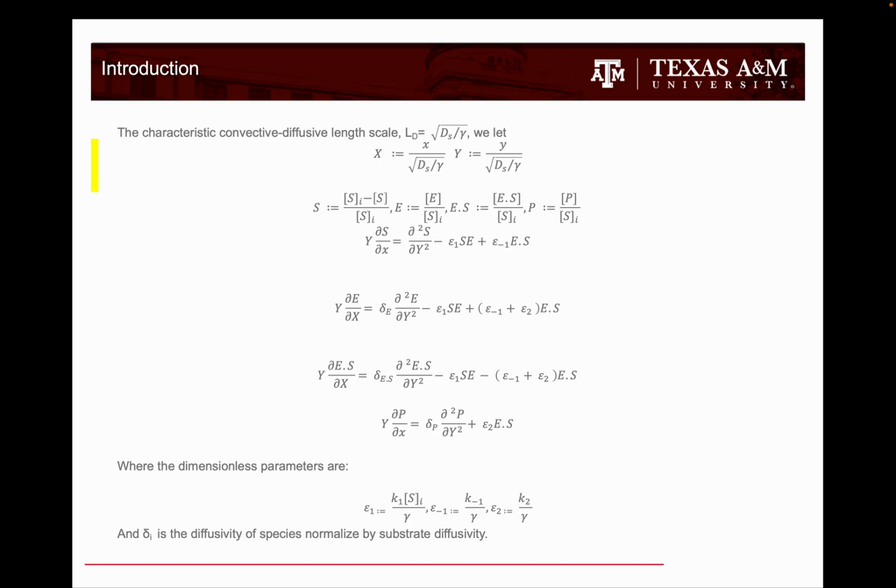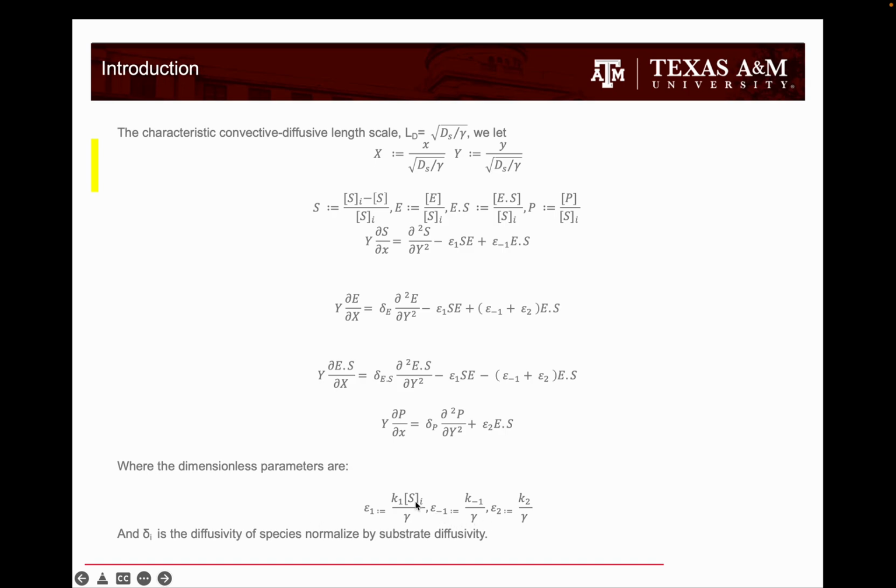So here, for the dimensionless terms, the characteristic convective diffusive length scale that we take here is LD equal to square root of Ds by mu, and we get x, y, substrate, enzyme, intermediate and product as follows, where we have changed the equation for the substrate as the initial substrate concentration minus the substrate concentration divided by the substrate initial concentration. And we get the four equations in the dimensionless form, where the dimensionless parameters are as you